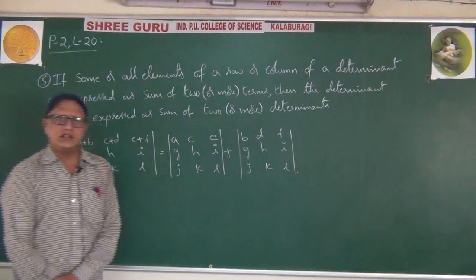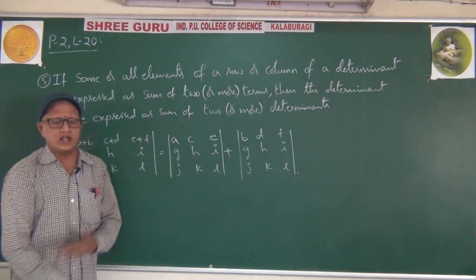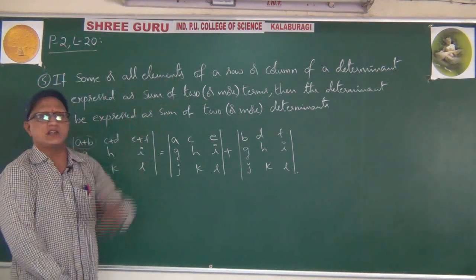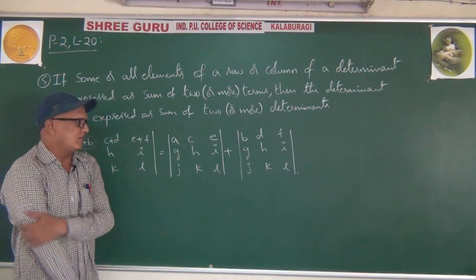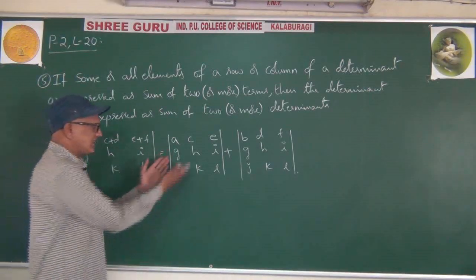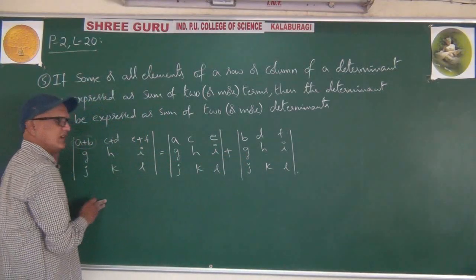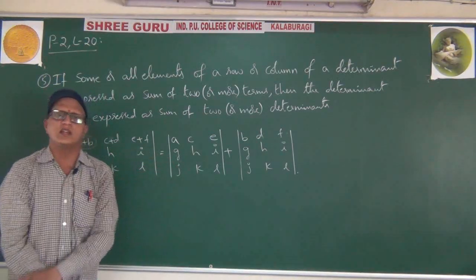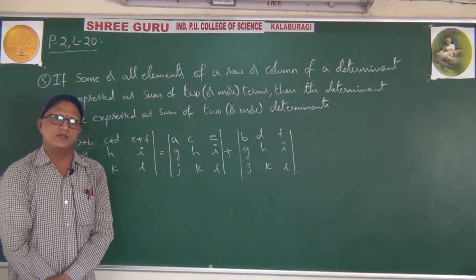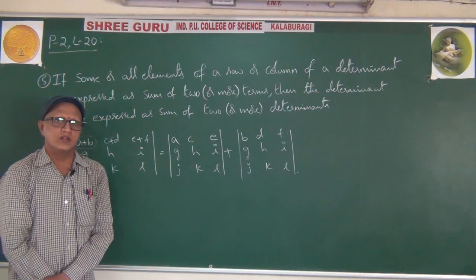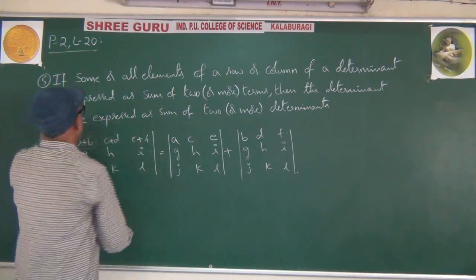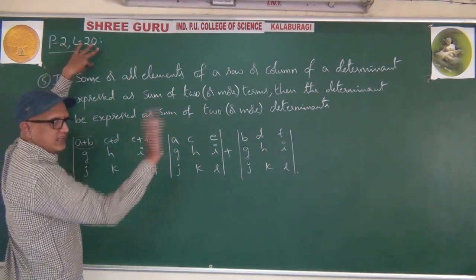Sir, if you write like that, do we get the same? Both are same? Yeah, definitely both are same. That's what the property says. Sir, we are not able to trust this one. How? These are repeated two times, and here it is only one time. It will be same. Take one example, you will get the answer easily. Just wait, I will come to that example.